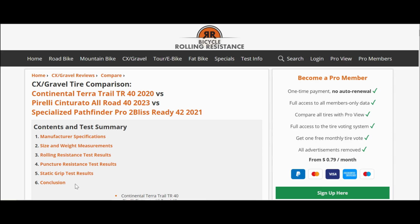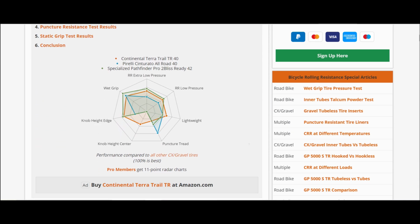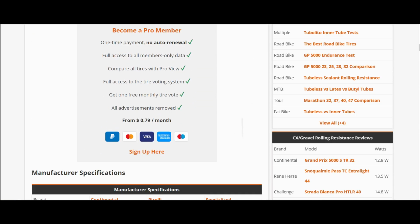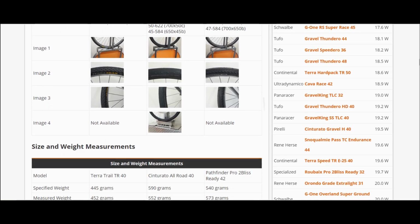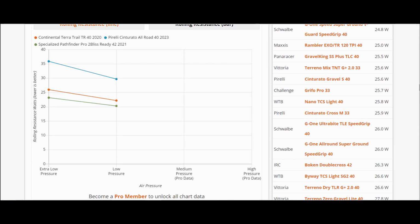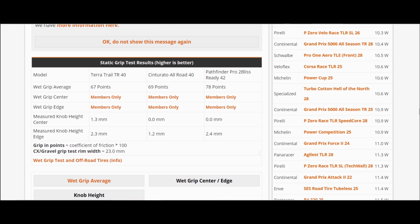Again, here are the types of information that are going to be presented. Most of the information will be in text form, but they do also have these great graphics, so you can just take a quick look and see how your preferred tire might rate against some others. And so you scroll down, as I mentioned, most of the information is text, but they do have the graphics. At the very end, if you want to read ahead, you can get the